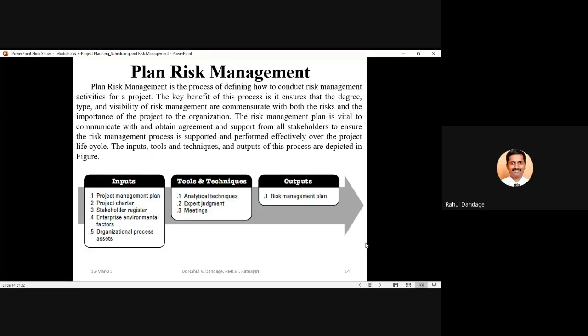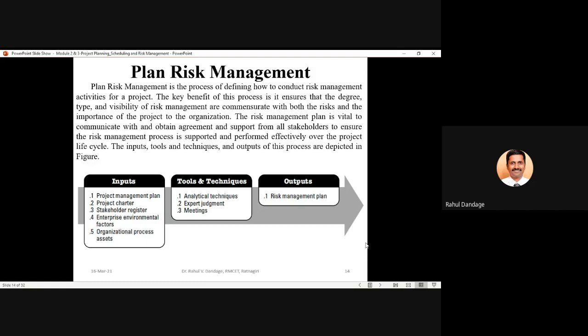The risk management plan is vital to communicate with and obtain agreement and support from all the stakeholders, to ensure the risk management process is supported and performed effectively over the project life cycle. So this plan will always serve as a reference document, so that the actual execution of risk management will be compared with this risk management plan.